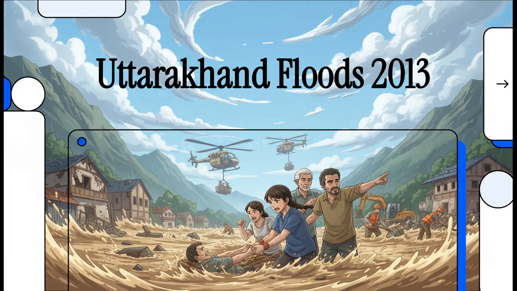All right, let's just dive right into this explainer. We're looking at one of the absolutely most devastating natural disasters in modern Indian history. Today, we're unpacking the official Joint Rapid Damage and Needs Assessment Report to figure out exactly what happened during the 2013 Uttarakhand floods. We're going to break down the entire anatomy of this disaster, look at the immediate response, and try to wrap our heads around the massive undertaking of rebuilding a totally shattered state.